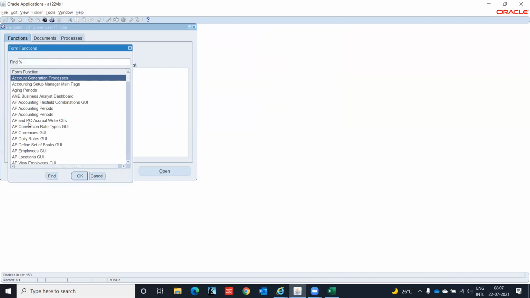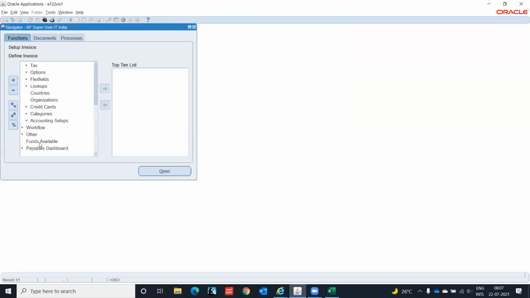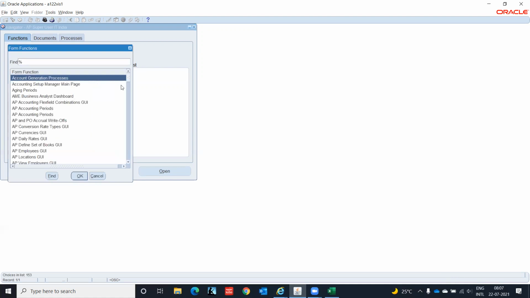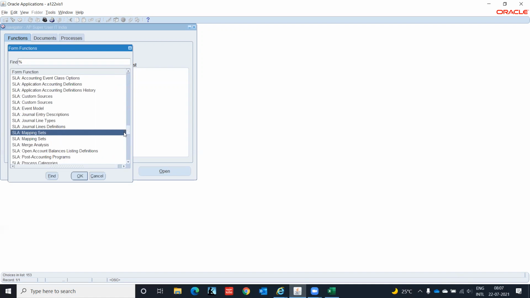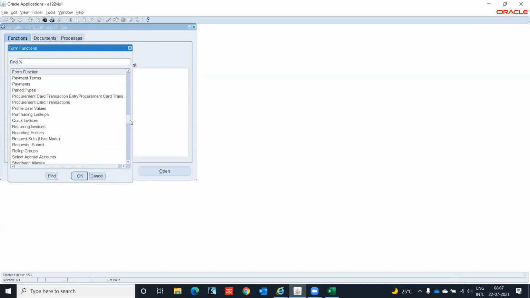Well, suppose you are not getting the required detail over here, what you want to do, you can very well press Ctrl L. It will bring all the functions that are available with your responsibility.